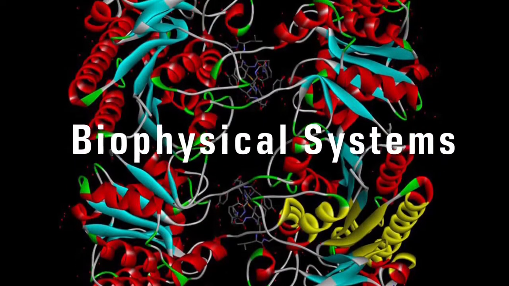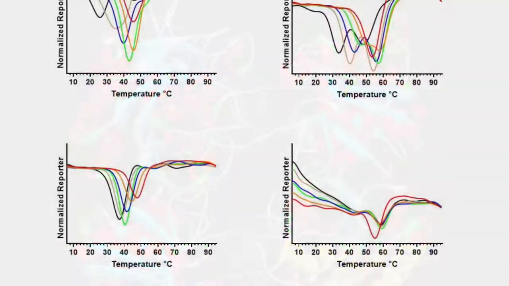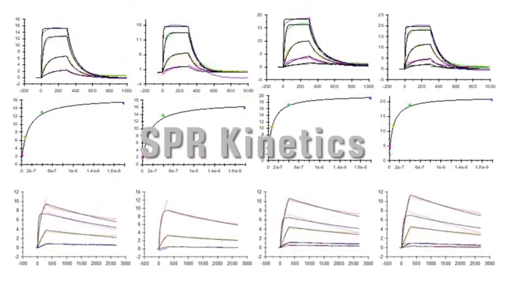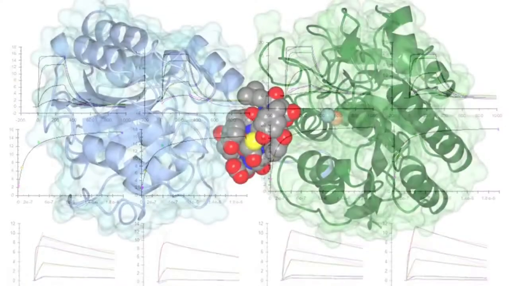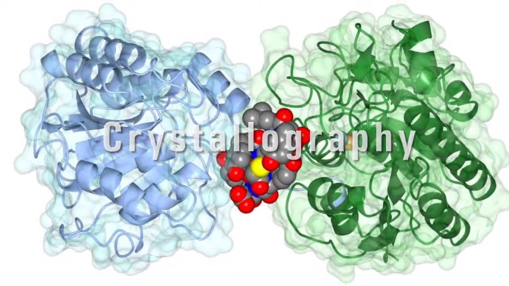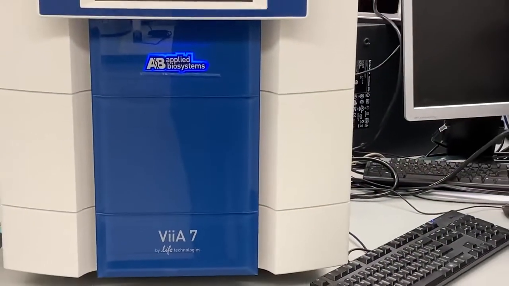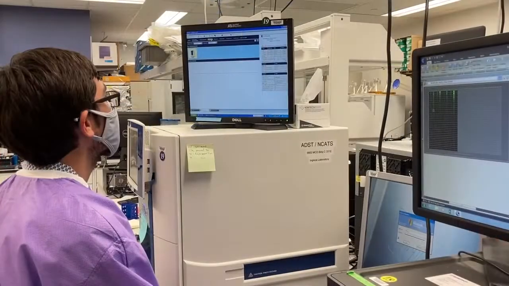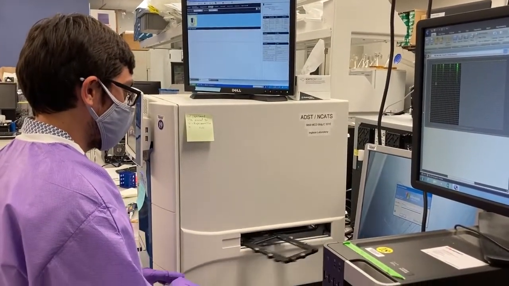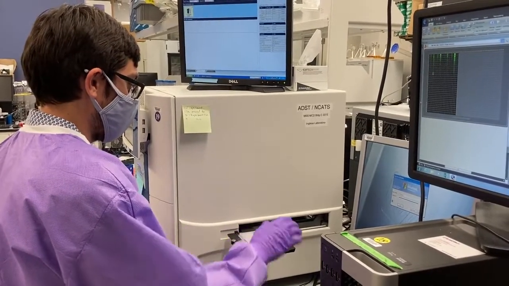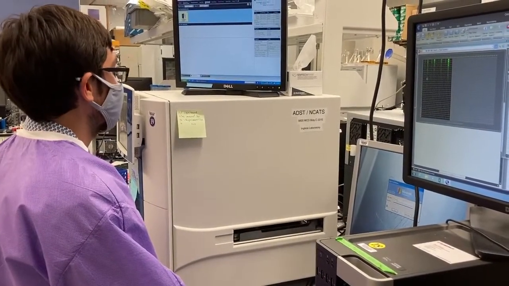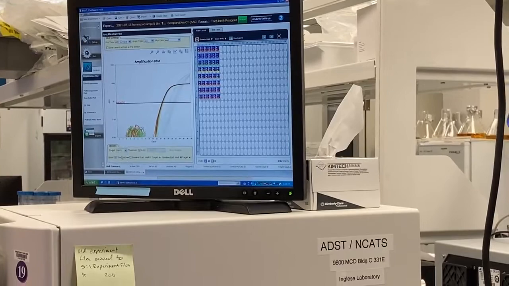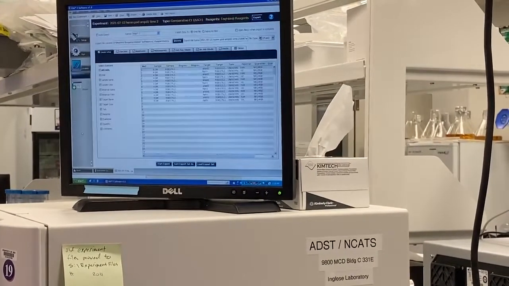Supporting assay development and the characterization and assessment of probes, the ADST lab studies the physical basis underlying the biological responses observed in their cellular and biochemical assays, utilizing a range of biophysical techniques and enabling instrumentation. The VIA7 real-time PCR system is a high-throughput qRT-PCR machine capable of reading 96 and 384 well plates for both CyberGreen and TaqMan assays. Beyond validating transcriptional assays, the system is also used for thermal shift analysis to study stabilization of proteins with ligand binding, which have been extensively used in our disease foundation and internal programs.